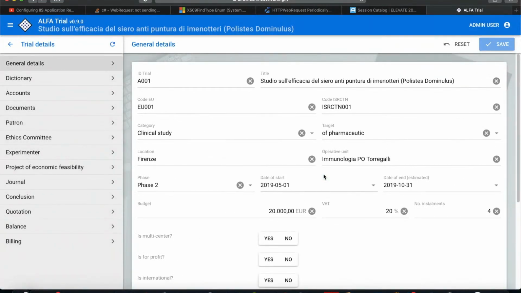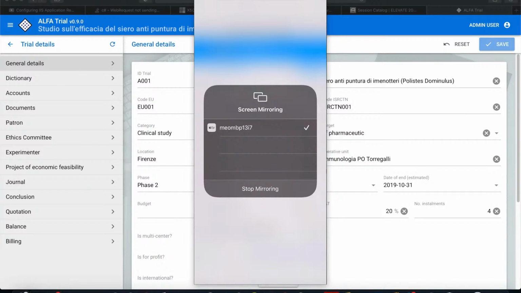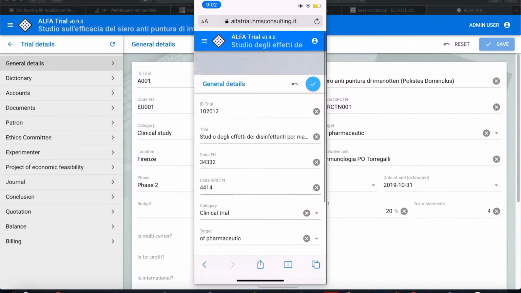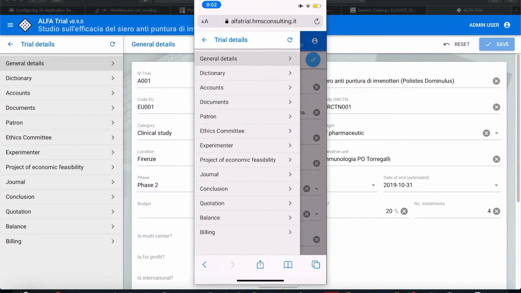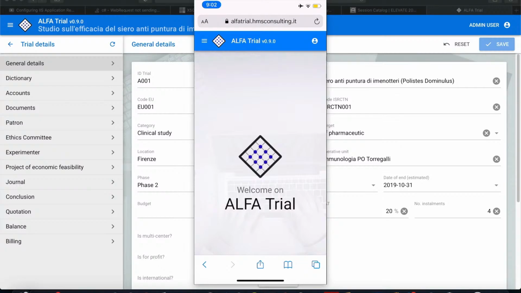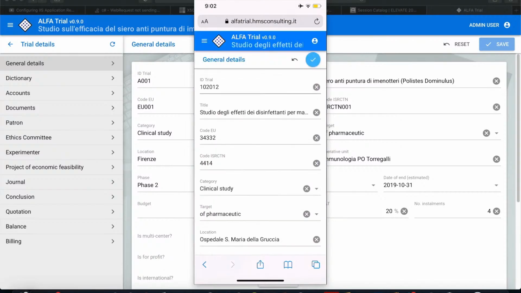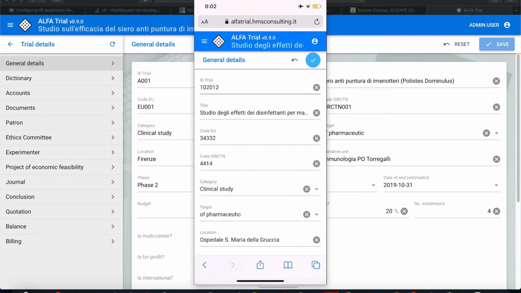If I now switch to my phone, needless to say that the UI adapts automatically with 0 lines of code on different screens. Here I have my iPhone where the left side menu now overlays the page because the space is smaller and therefore more precious. And you see that the window shown before just resizes vertically or horizontally with a very, very fluid